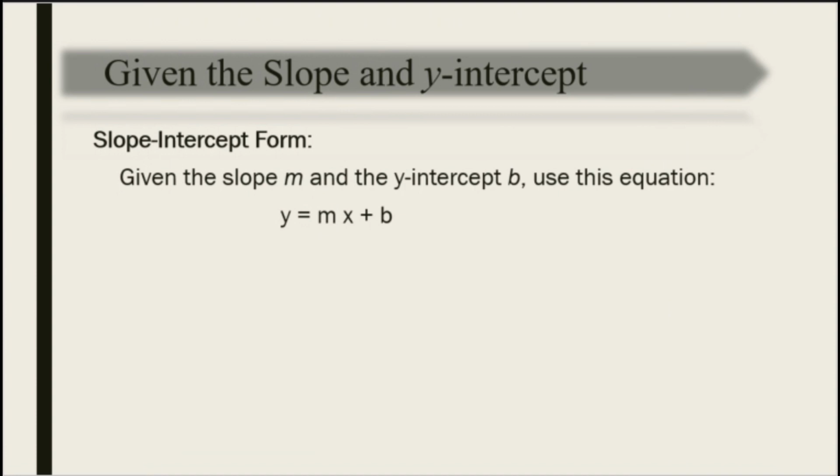So for our first topic, we have writing an equation of a line given the slope and y-intercept. To do this, you need to use the slope-intercept form of the equation of a line. Recall that the slope-intercept form is written as y = mx + b, where m is the slope and b is the y-intercept. For our examples,